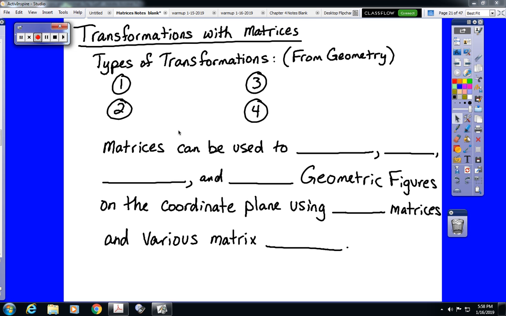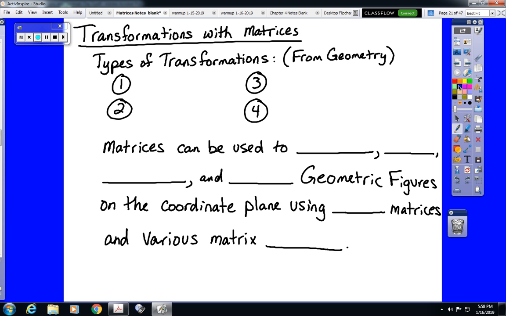This video will cover the introduction to the fifth lesson of the matrices unit, and that is how to carry out transformations using matrix operations. And this is discussing an application of matrices for the first time. Up to this point, all we've really been doing is operations on matrices, things that can be used to actually